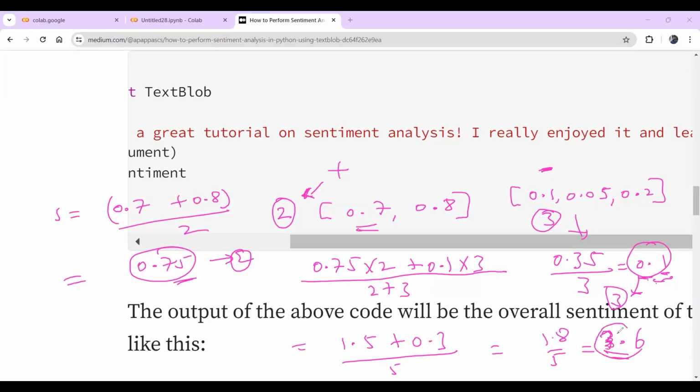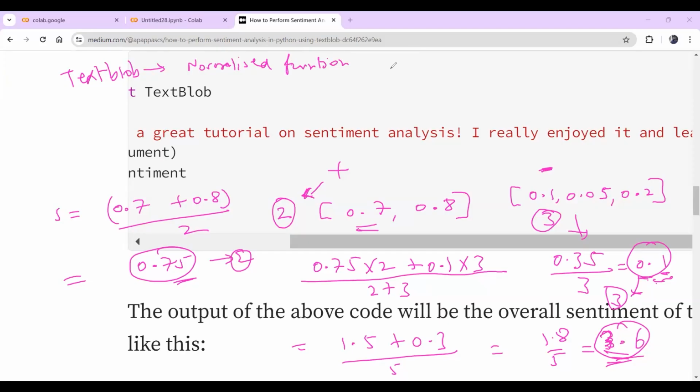On top of this, the only thing that will change is that this will be normalized, by scaling between a value of 0 and 1. TextBlob internally has a normalize function, which you can see in the research paper of TextBlob. The speciality of this function is to normalize the values. So if you end up with, let's say, a very high value,